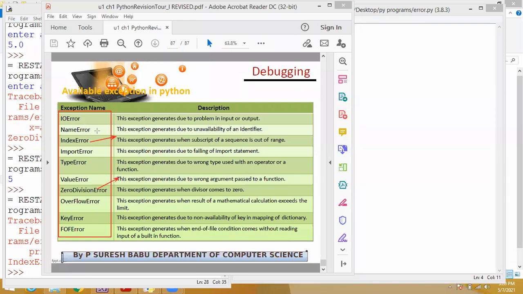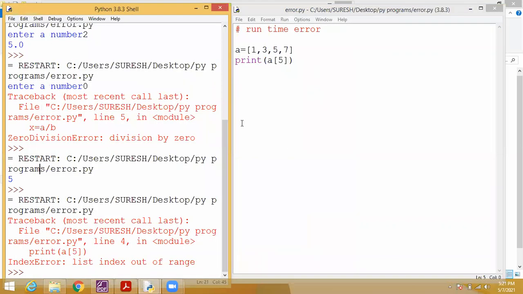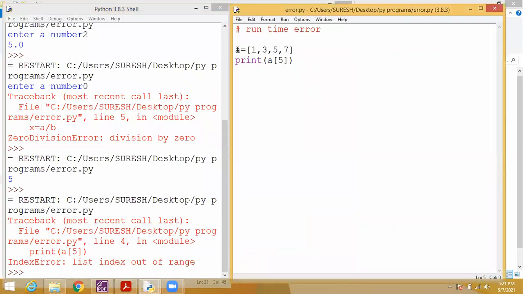IO error, name error. How do we get a name error? Without declaring a variable, if you are trying to access it, it will produce a name error. That I will show you, because you should know every error. So see, I have given a equal to this one, but you are trying to access the value of b.